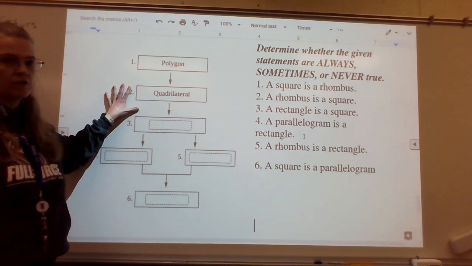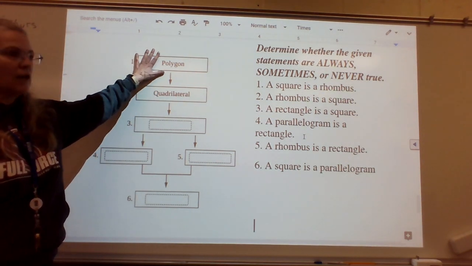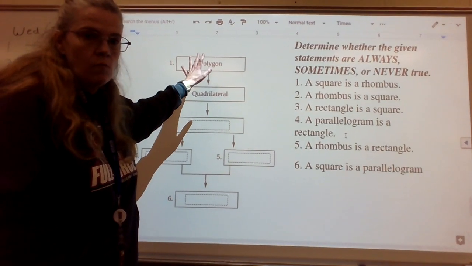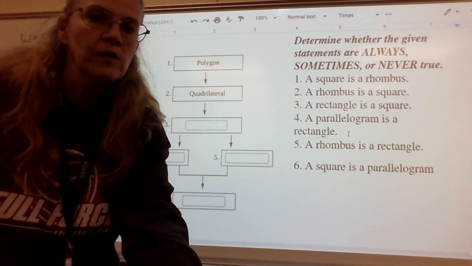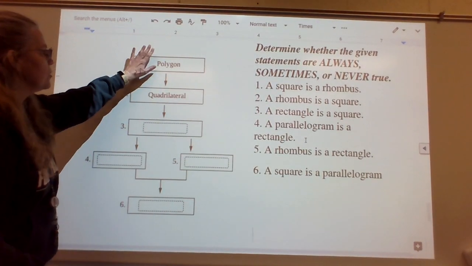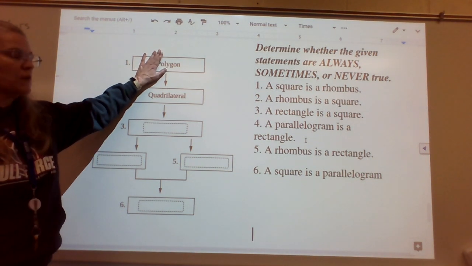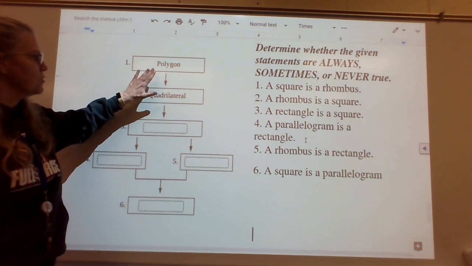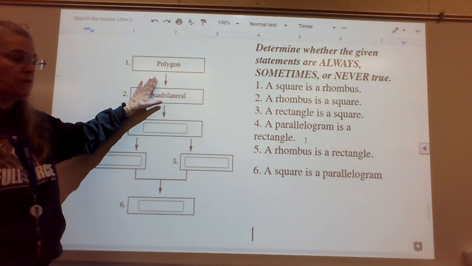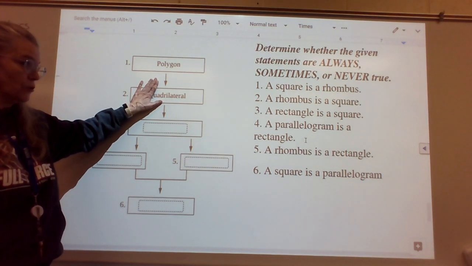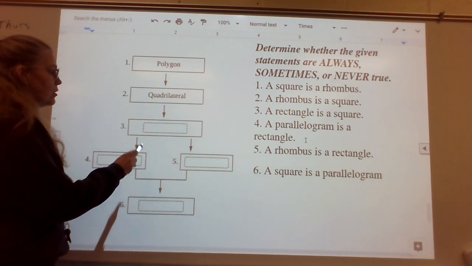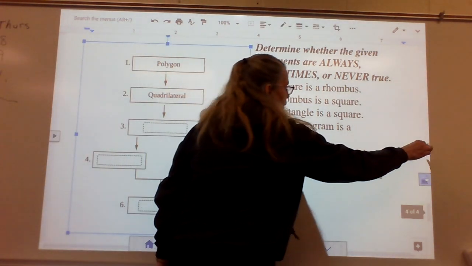This is just kind of tying everything together from what we've been talking about here lately. So we have polygons. Remember, polygons are multi-sided figures. Any type of shape, a closed shape is going to be a polygon. Then we move into quadrilaterals. A quadrilateral is a four-sided figure. Any four-sided figure. Then we're going to move into parallelograms. So a parallelogram